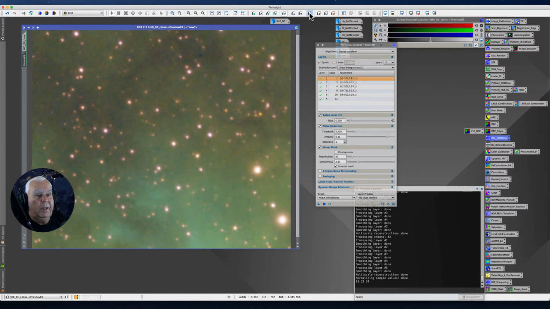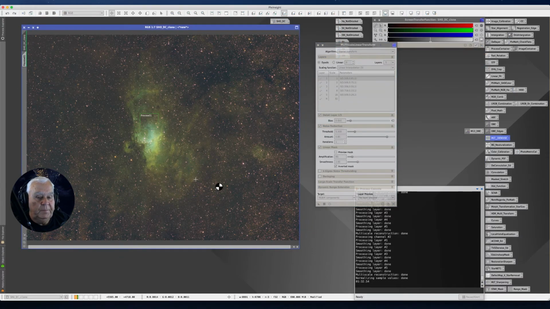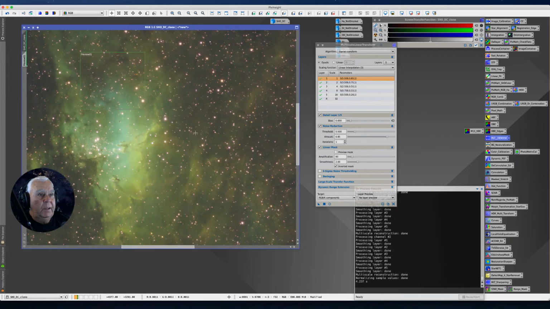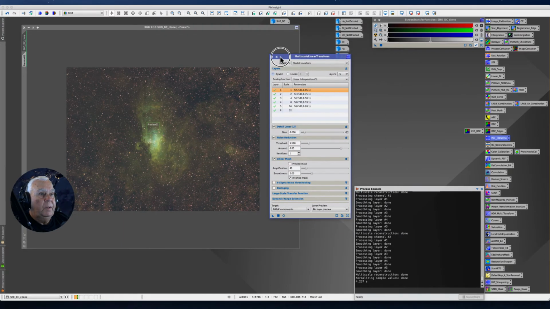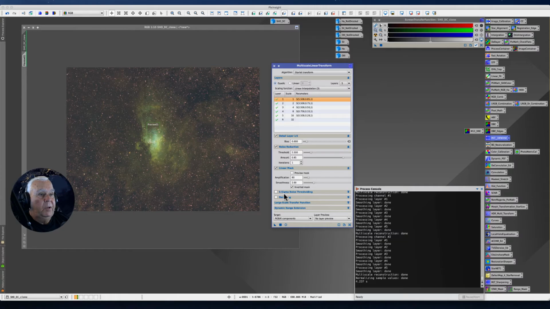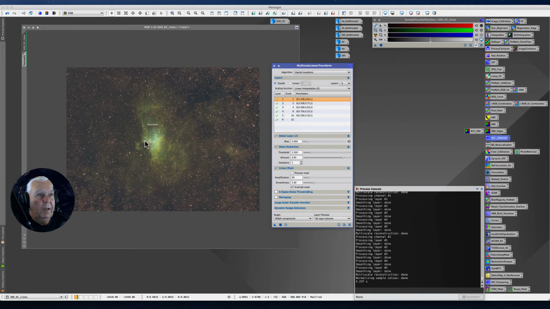So we'll work on those later, but I did want to get the MLT run on this image. So let's go back to this now and run the process on the entire thing. Okay, we got it done, so it looks a lot better. I would recommend that you make your own process and save it for multilinear transform, and do this before you stretch the image. It doesn't have to be in the order that I did it, but after I do a background extraction, I do like to run this and then